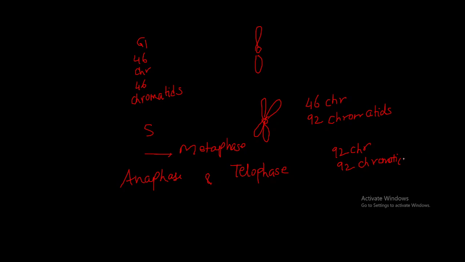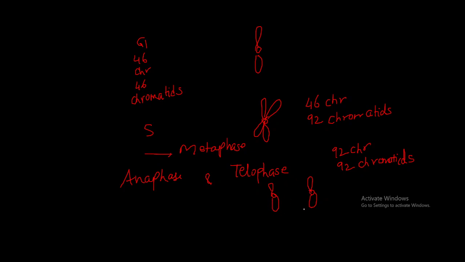Because these two sister chromatids will move apart from each other. So what happened in the telophase? If suppose this is the sister chromatid, they will move apart from each other. Now the number of centromeres is 2, so the number of chromosomes